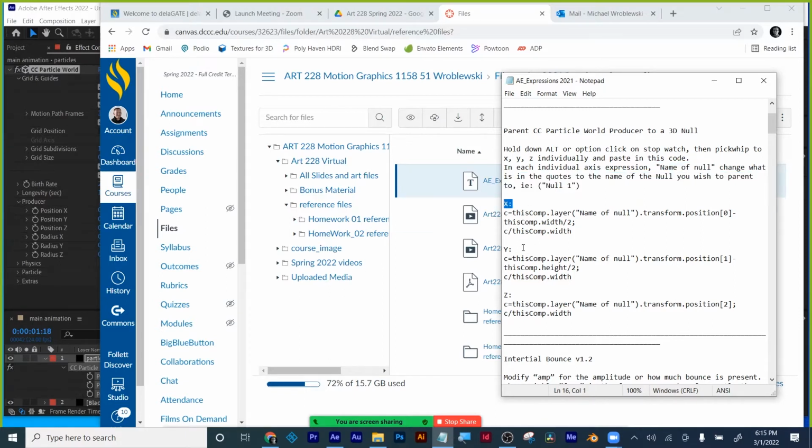And you do not copy the axes up here. It's just this part. So this will go into the X stopwatch. This will go into Y. And this will go into Z. So I'm going to demonstrate. I'm going to grab just this part, hit copy,